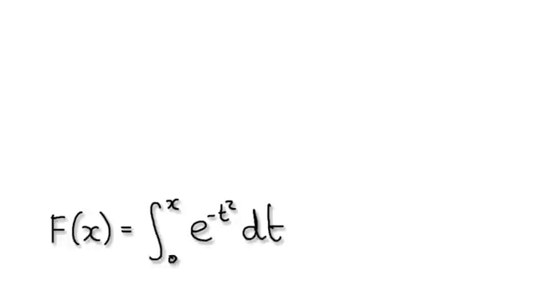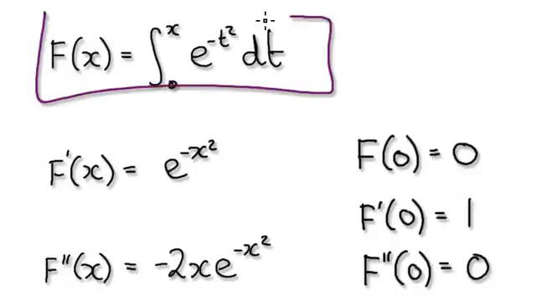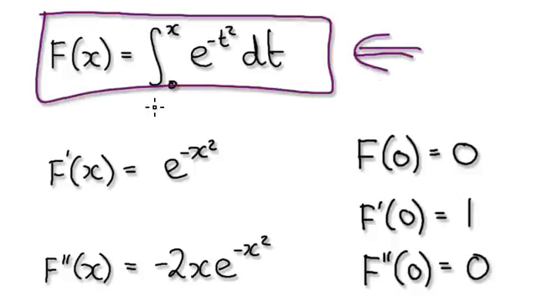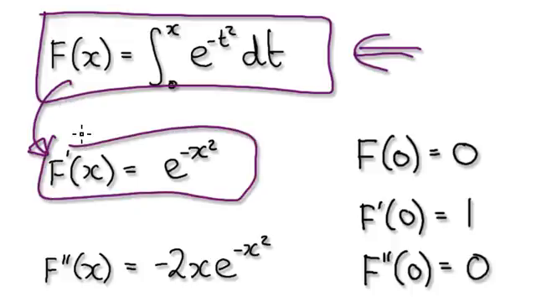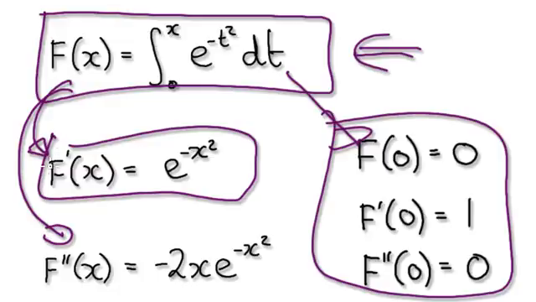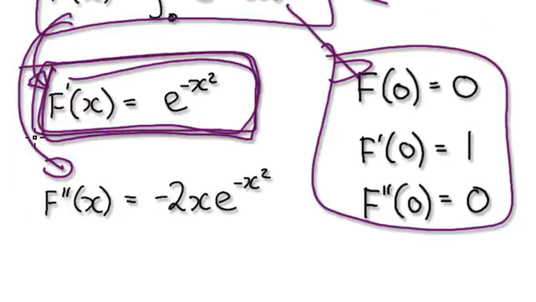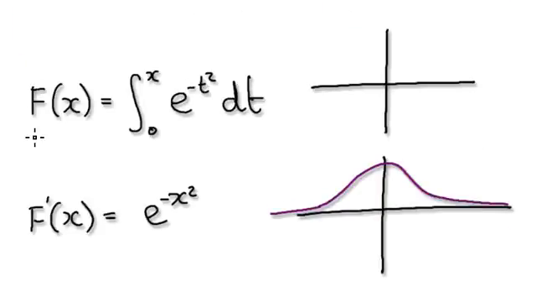Something important that I forgot to mention in the previous video. We were given this function and we were trying to understand this function here. From this function we managed to deduce this. We managed to deduce this. We managed to deduce these. And then we looked at f prime, and looking at f prime, it gave us this graph